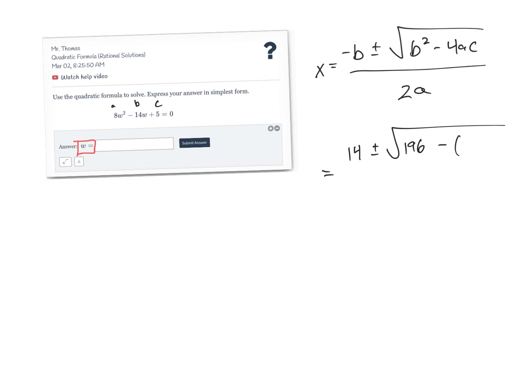Minus whatever 4ac is, and I'm going to do that in the calculator instead of writing everything down. 4 times a, which is 8, times c, which is 5. I got 160. All over 2a. What is a? 8? So 16 on the bottom. So let's keep going. 14 plus or minus